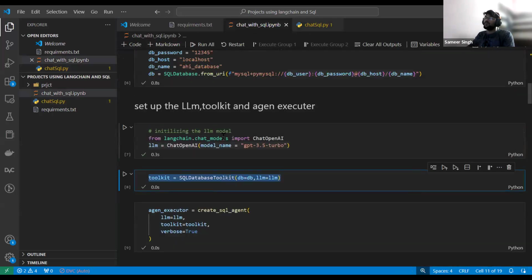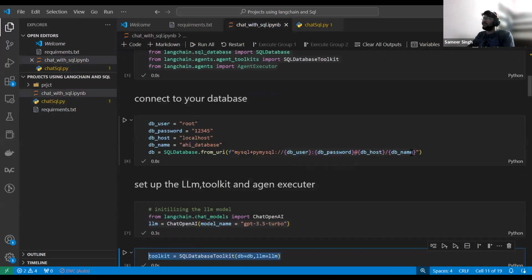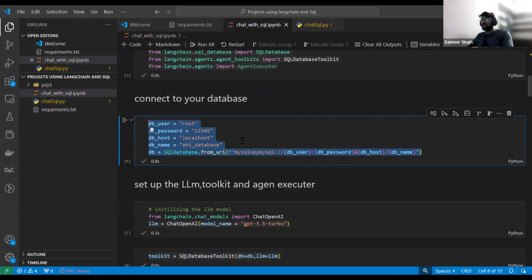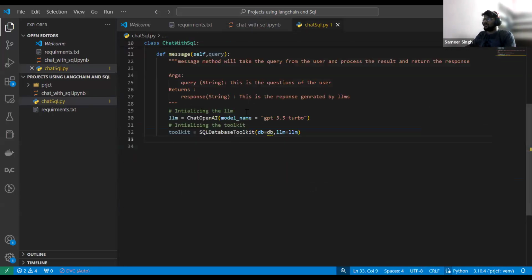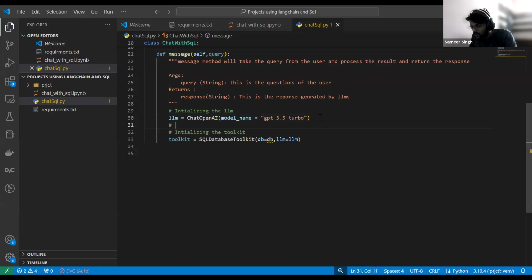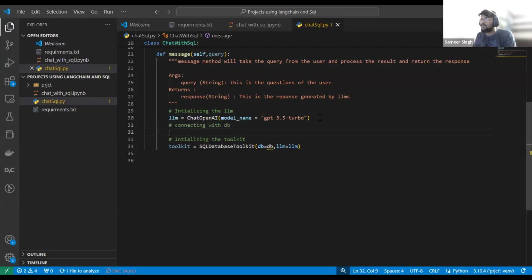But before that toolkit, we didn't connect our database, right? That is where we are getting an error. So very first, let's connect the database. Connecting with DB.